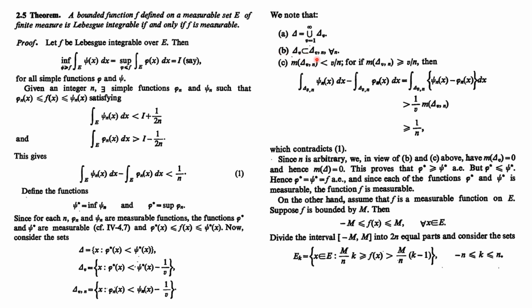Now from observation B, since delta nu is a subset of delta nu n, clearly the measure of delta nu is less than or equal to the measure of delta nu n, and the measure of delta nu n is less than nu by n. Now our left side, the measure of delta nu, is independent of n, so this is true for each n. So the measure of delta nu is always less than nu by n, which means it is true for n tending to infinity also. So we get the measure of delta nu is nothing but 0, right?